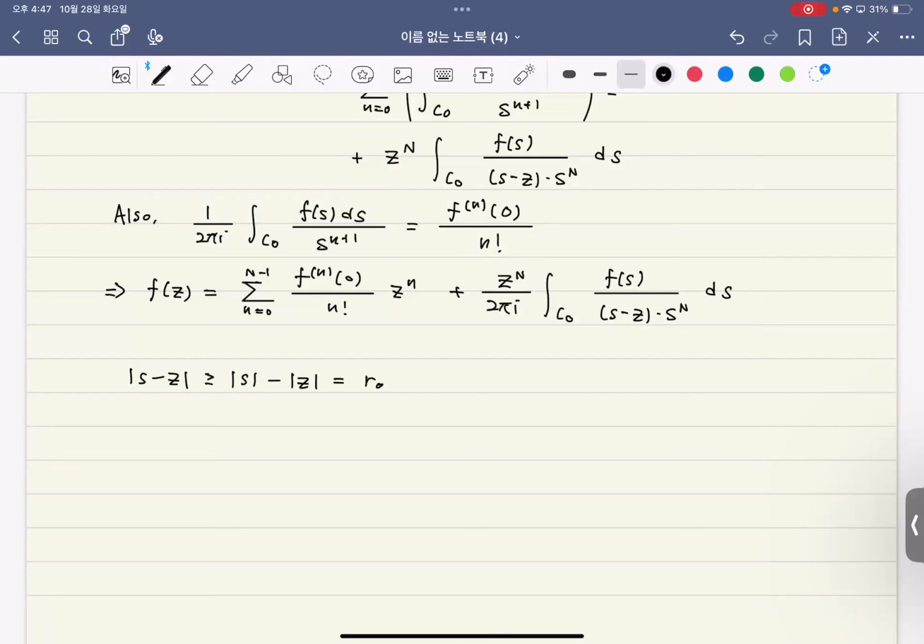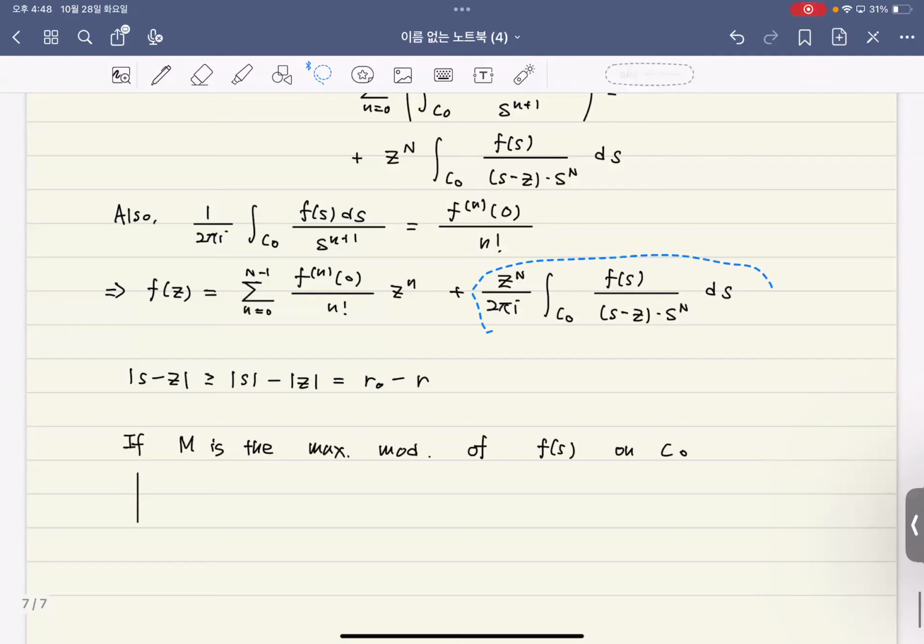So the modulus of s is always R0, and the modulus of z was assumed to be R. And if M is the maximum modulus of f(s) on C0, then